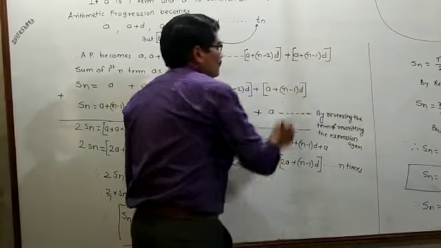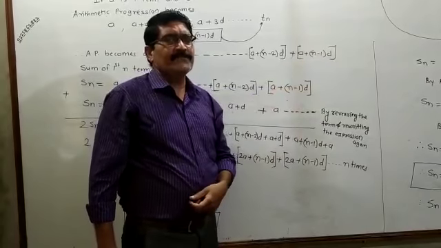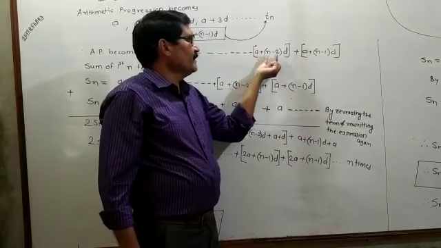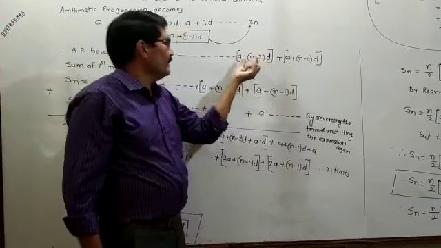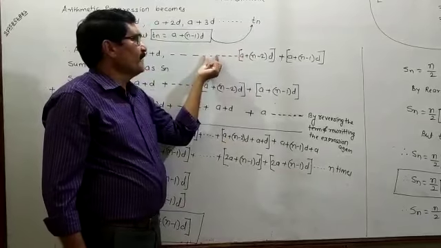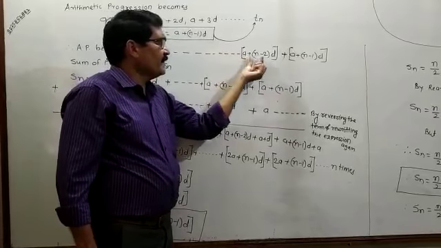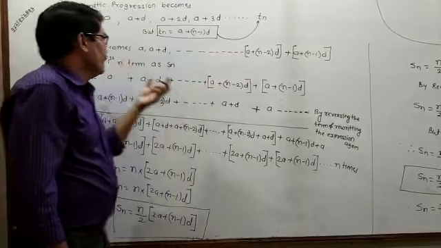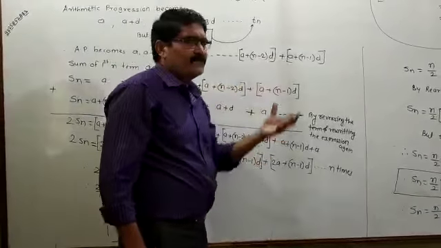This is the last term. What is the last term? This is the tn term, a plus (n minus 1) into d. The previous term, the second last term, becomes a plus (n minus 2) into d. Instead of n minus 1, here it is n minus 2. If you want to write the term before that, it becomes a plus (n minus 3) into d. Like that the terms will come. If you take the first two terms, you have to take only the last two terms to prove this